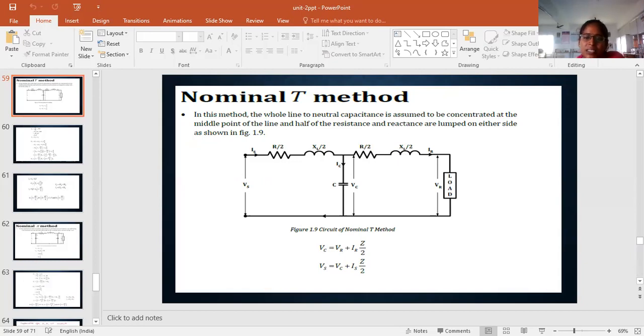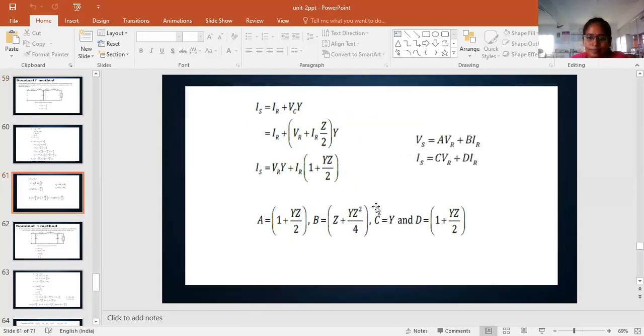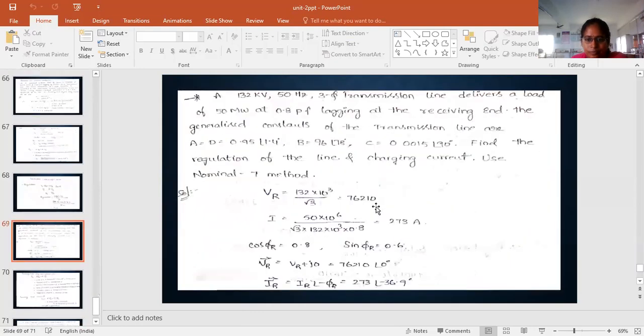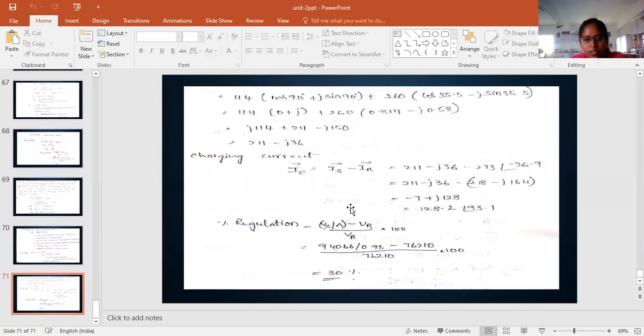For finding the charging current, the method is IS equals IR plus IC. For any problem, the circuit will be drawn and the phasor diagram also drawn here. So IC equals IS minus IR. We know the IS and IR values, substitute, and we get the value 128.2,